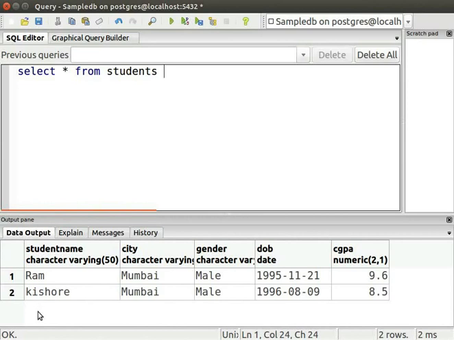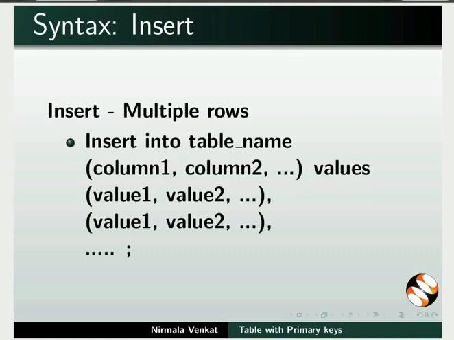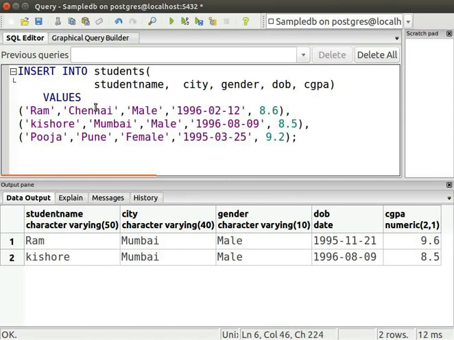Next, I will demonstrate how to add multiple student details at the same time. The syntax to insert multiple rows is shown here. We can insert multiple rows in a single insert statement. Here I have entered the information of the students Ram, Kishore and Pooja. Let us save the script of this insert statement for future use.